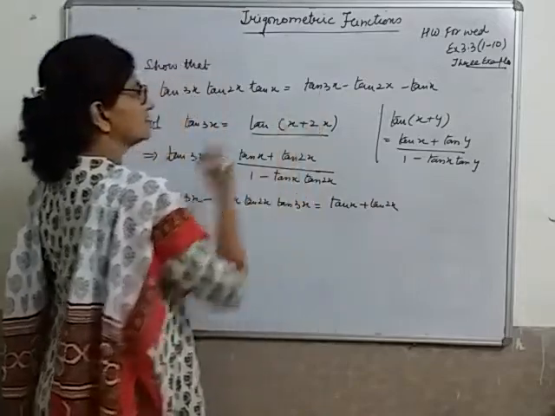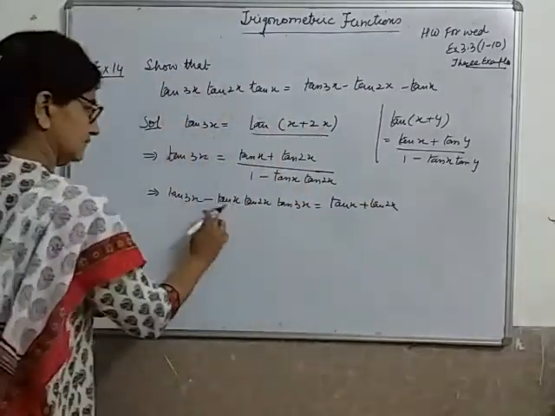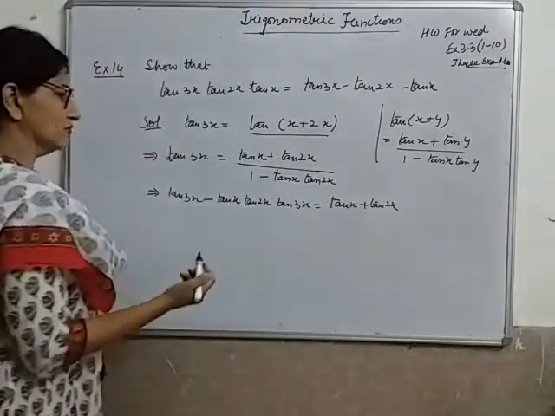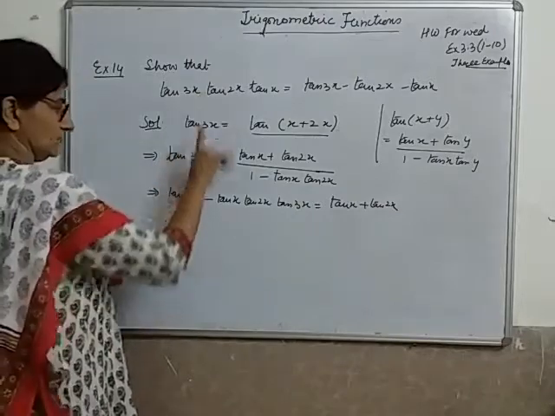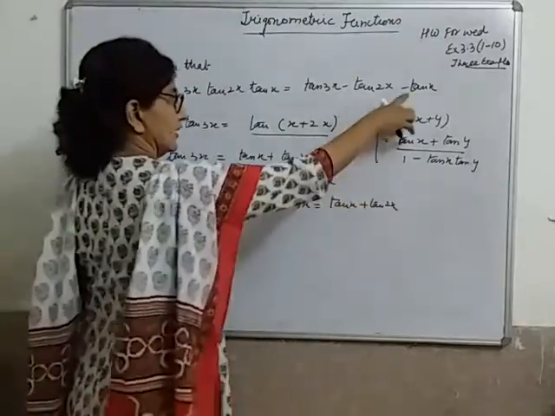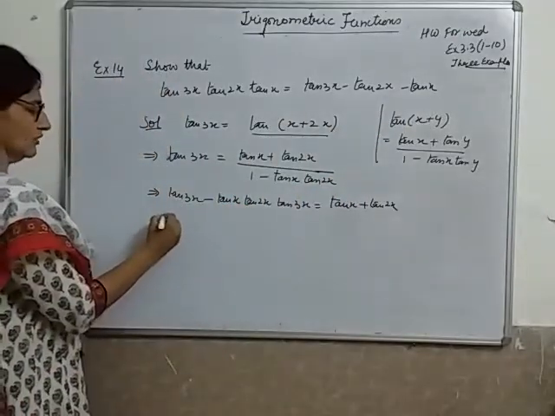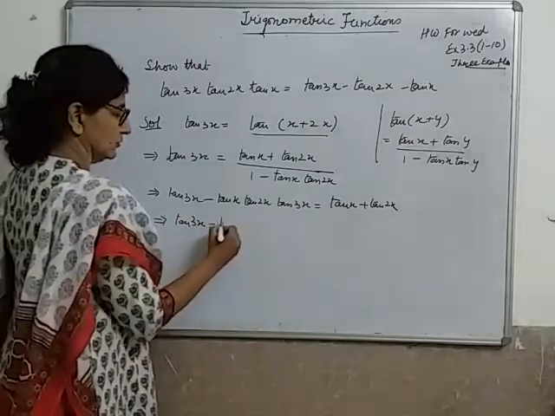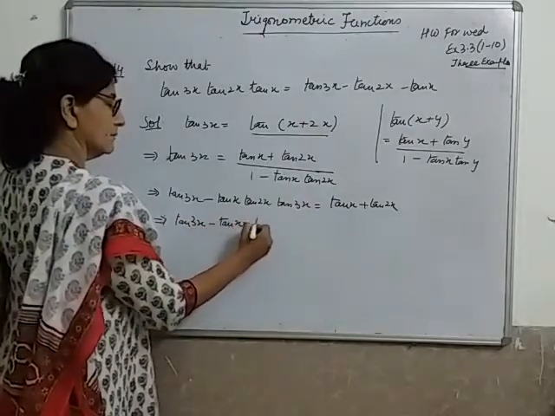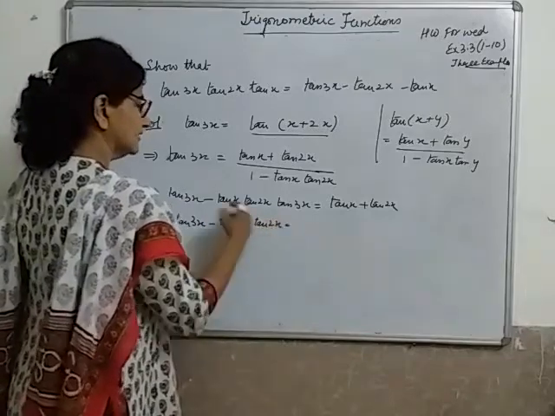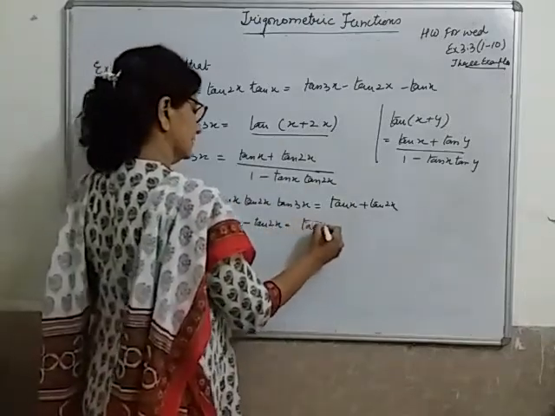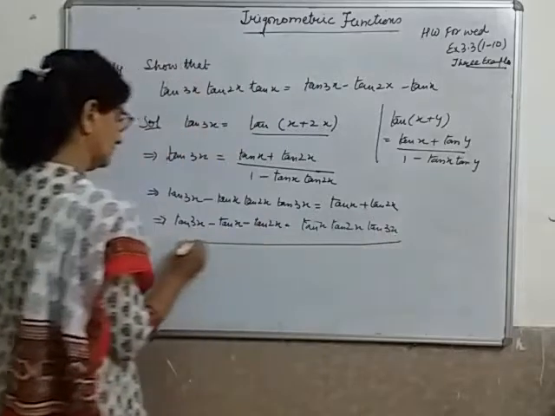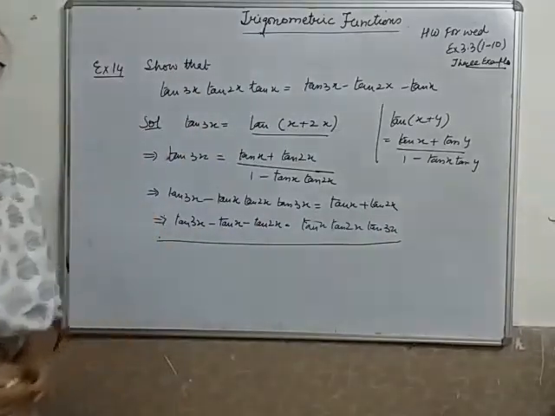Now please look at the answer carefully. These three terms are on one side and the rest of the terms are on the other side. I just have to transpose. How to transpose? This is positive, so I take it to that side. These two are negative, so I bring them to this side. That's your way of thinking, whatever way you think. I have to ultimately transpose. I bring these two terms on this side, tangent x minus tangent 2x. Take this term to the other side, tangent x, tangent 2x, tangent 3x. Hence proved. This is what my solution is, right? I hope you understood both the examples.